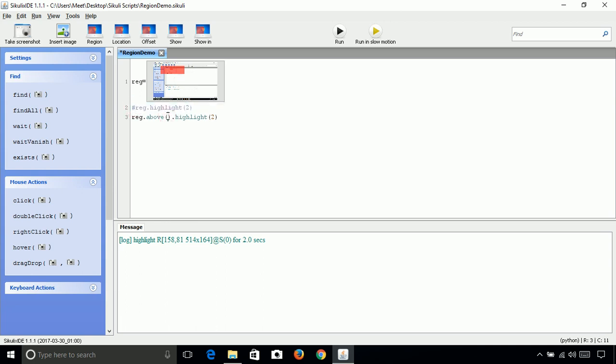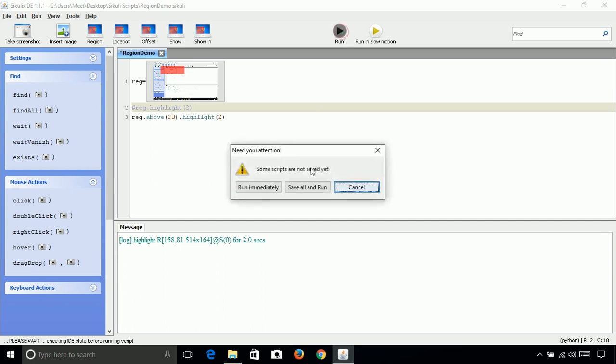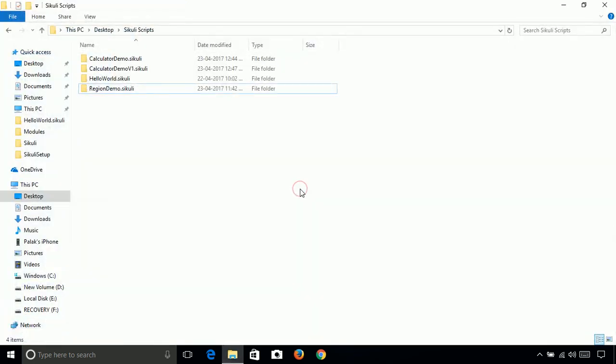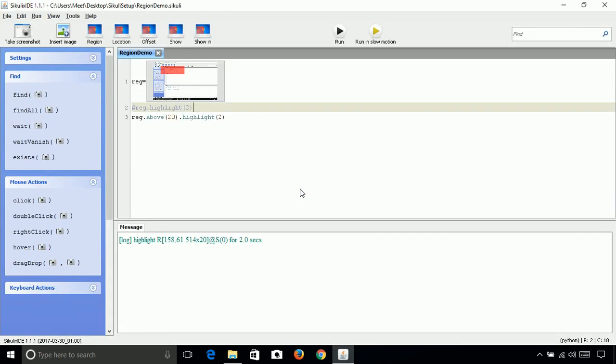Now let's give 20. What it will do is select the region having 20 pixels of height, and the width will be the same as the current selected region. Now let's see what it is doing. Save and run. It is selecting the region from above the current region with a height of 20 pixels.